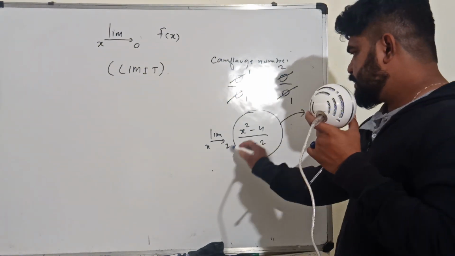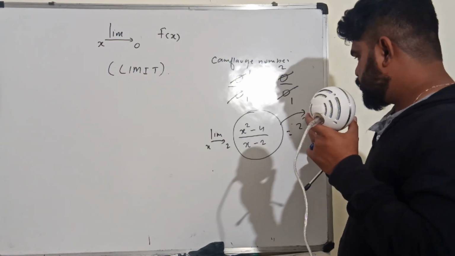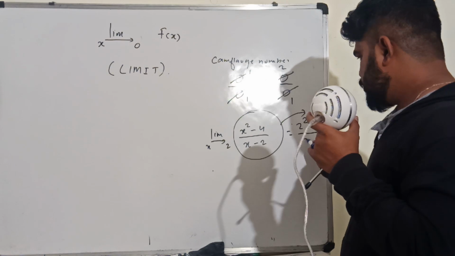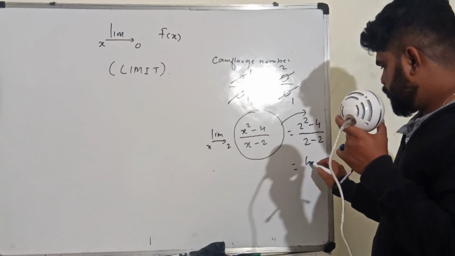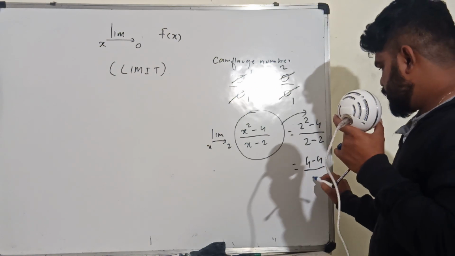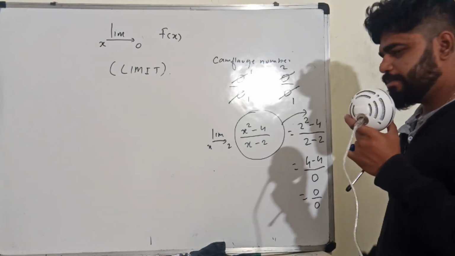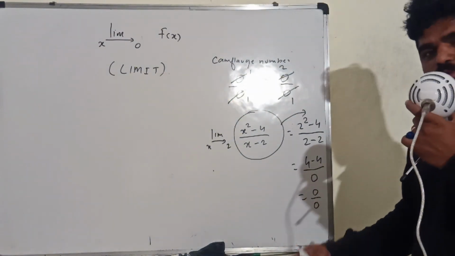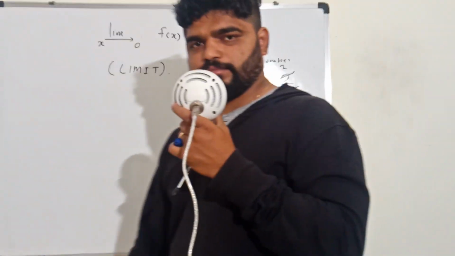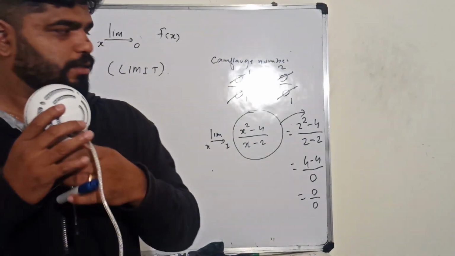So if I put x equal to 2, what is going to happen is, it is going to be 2 square minus 4 upon 2 minus 2. This is going to be 2 square is 4, minus 4, upon 2 minus 2 is 0. So 4 minus 4 is also 0. I am going to get 0 upon 0. So I am getting the value 0 upon 0 because it's a camouflage number. Does that mean